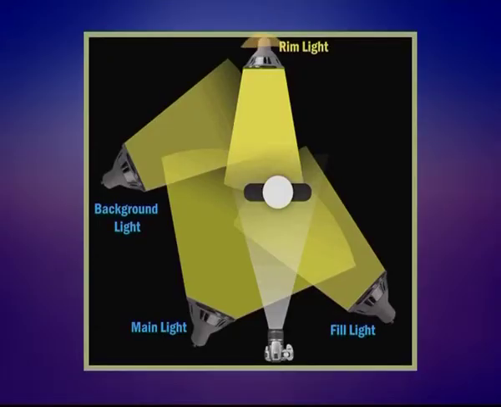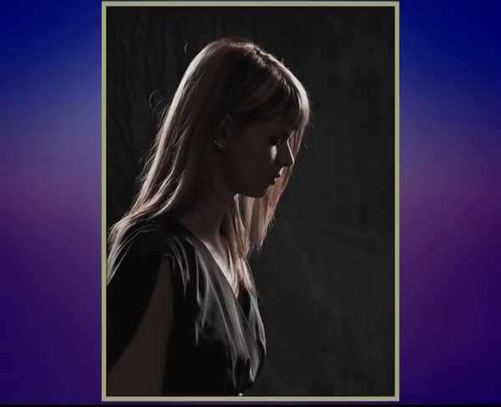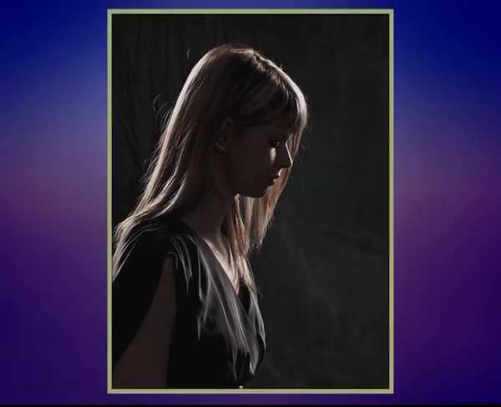Also called a rim light or hair light, the rim light, which is the third main light in the three-point lighting plan, is placed behind the subject, out of the picture frame and often rather higher than the key light or fill light. The point of the rim light is to provide separation from the background by highlighting the subject's shoulders and hair. The rim light should be just bright enough to provide separation from the background, but not as bright as the key light.